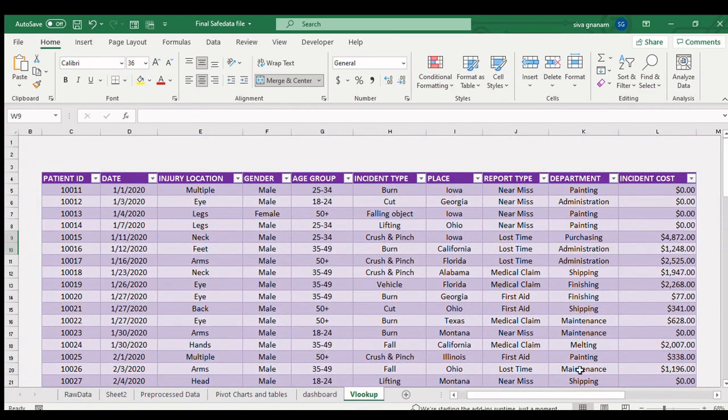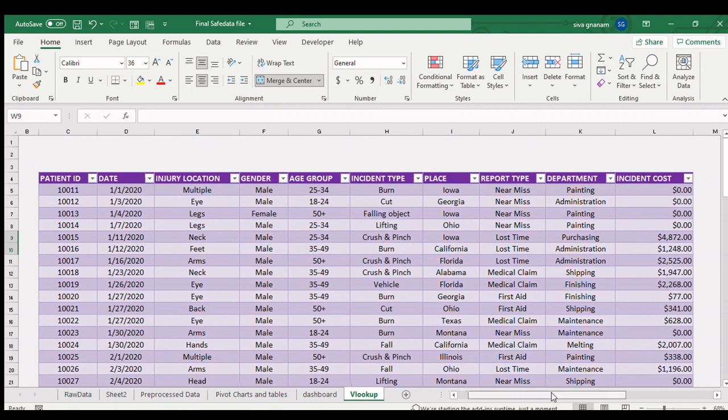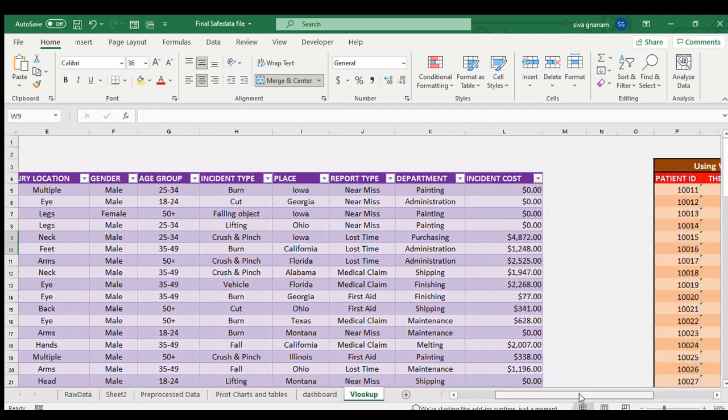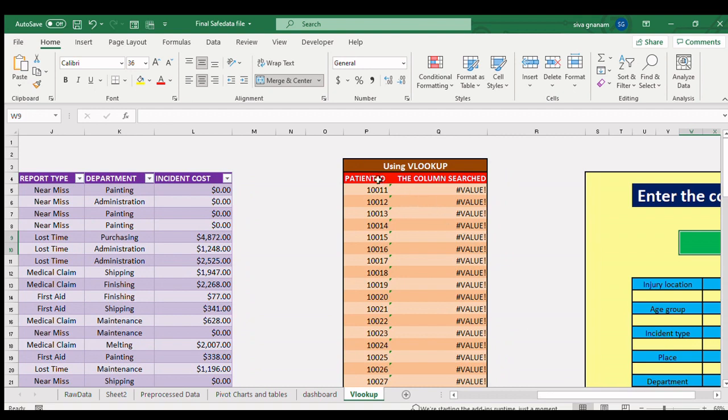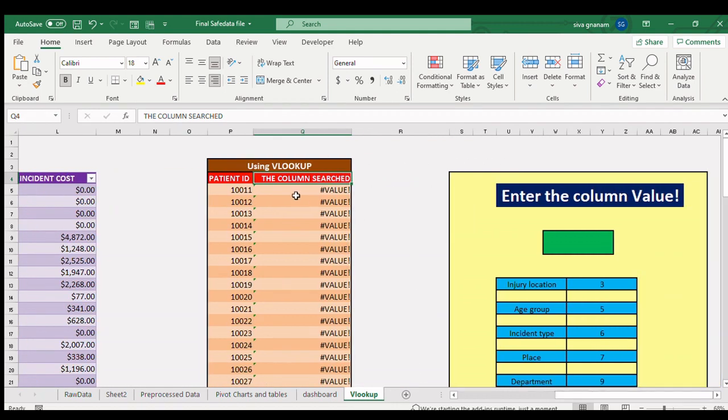Here, we are creating a small table that has two columns, namely patient ID and the second one, column searched. The patient ID column from the data set is completely copied and pasted in the small table.